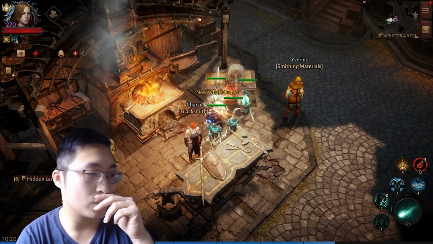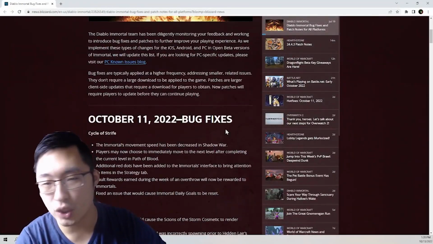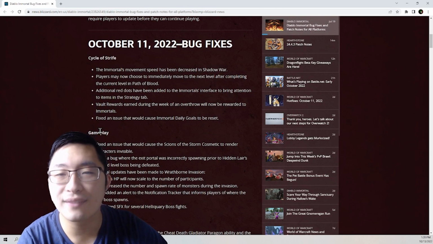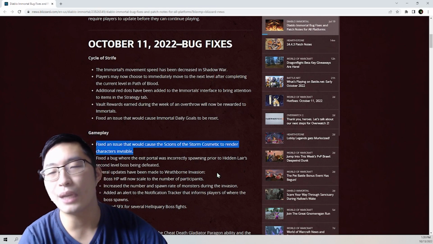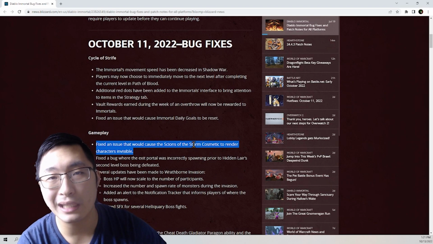Oh, and also, we got a patch update on October 11th, two days ago. All right, my bad. So one of the bug fixes Diablo Immortal had is a fix for an issue that would cause the Signs of the Storm cosmetic to render the character invisible. So like this cosmetic